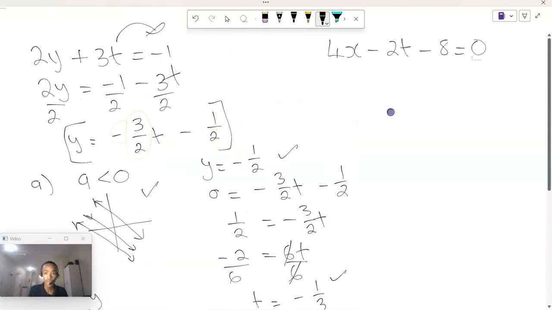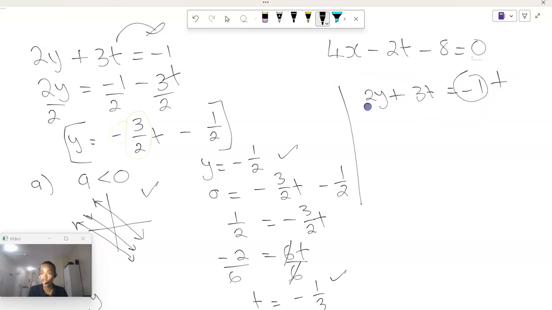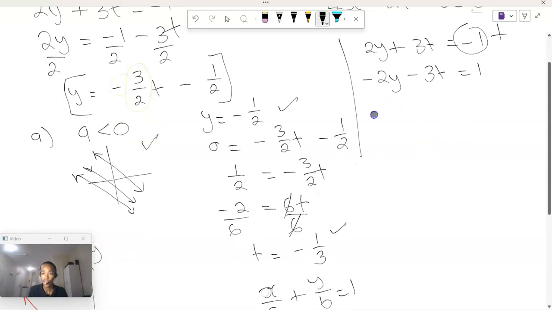We have 2y plus 3t is equal to negative 1. First thing is to let this be a positive. Therefore negative 2y negative 3t is equal to 1, and hence negative y over a half